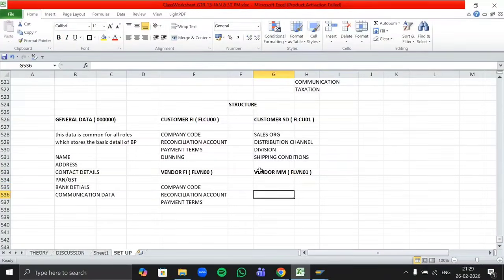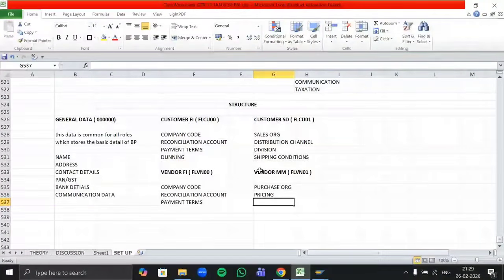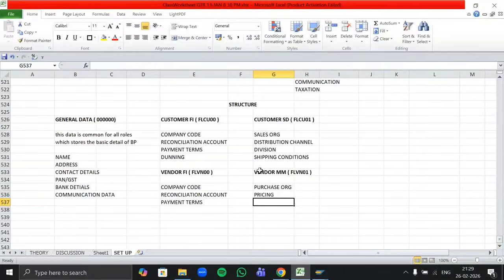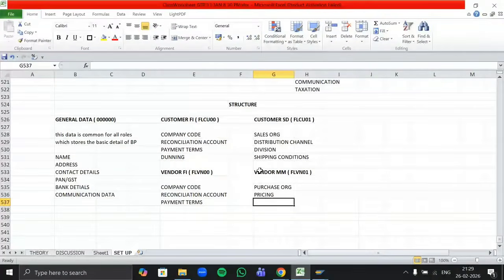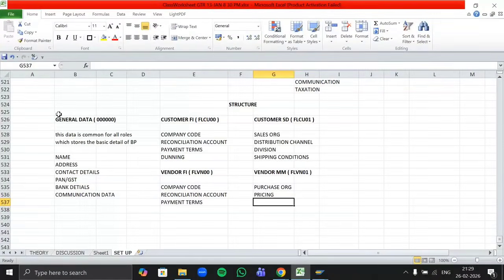So here we'll assign which purchase organization this vendor is a part of, and which pricings they are following. So all these details will be assigned at the vendor purchase organization role. So these are the three levels, or these are the three structures of our business partner.